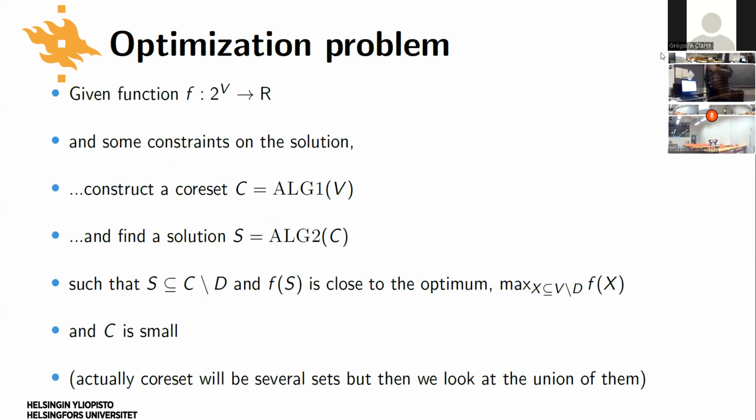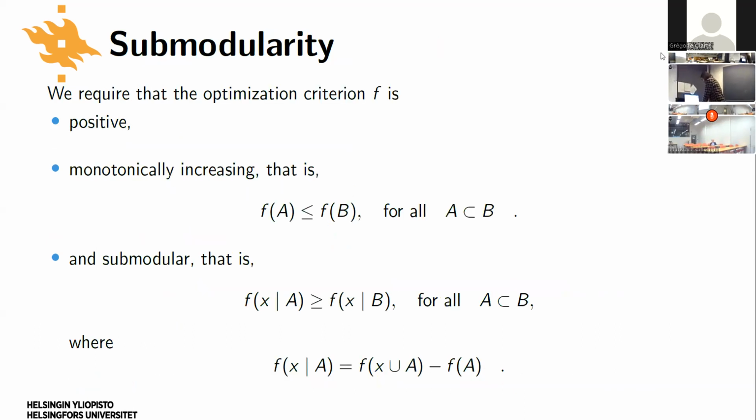So okay, let me say a few things about this function f, because it's not just some generic function f. Let me go over what kind of function we want to look at. So first of all, we require it to be positive. All the numbers are going to be positive; we don't allow negative numbers. That's just because that's how it's typically done. This is not such a huge restriction.